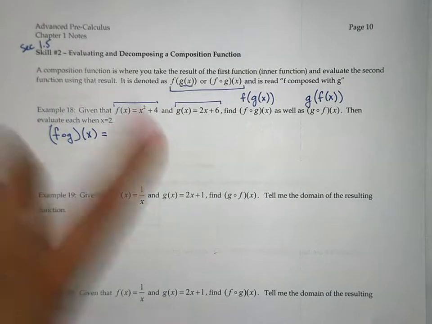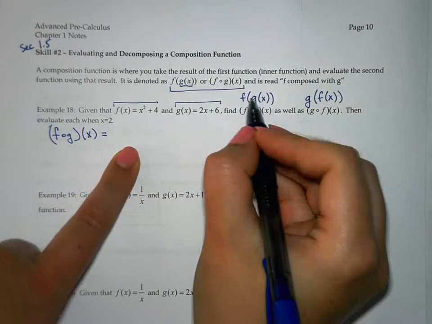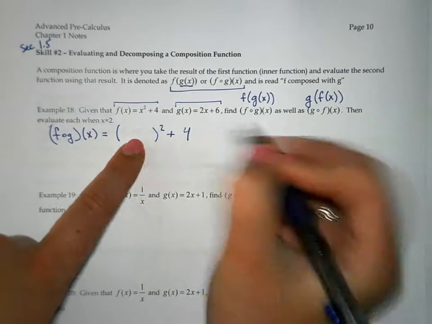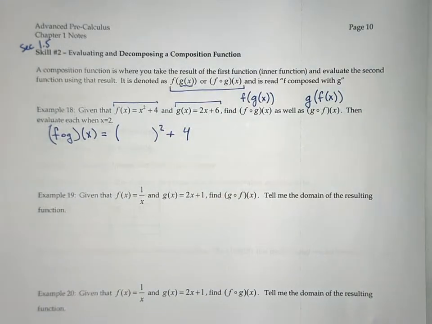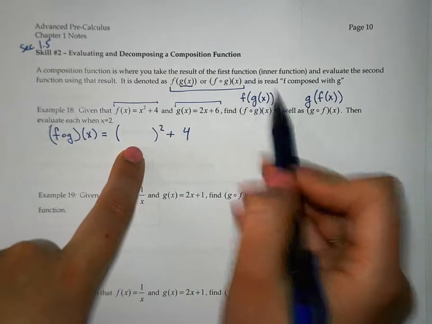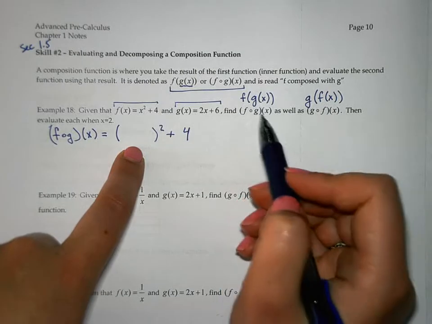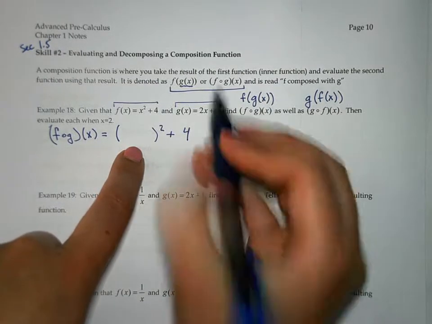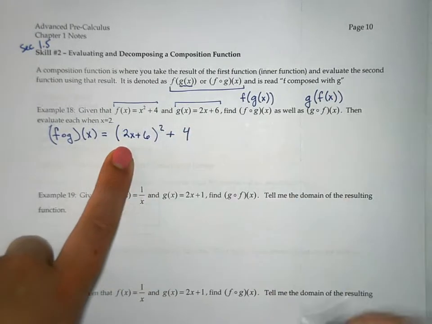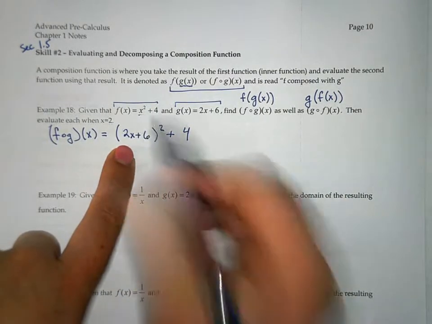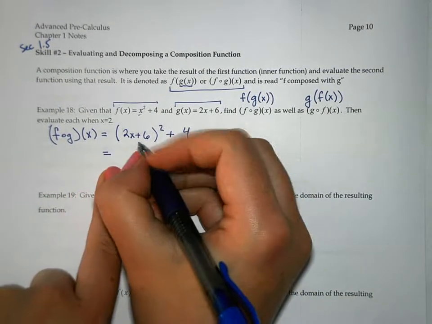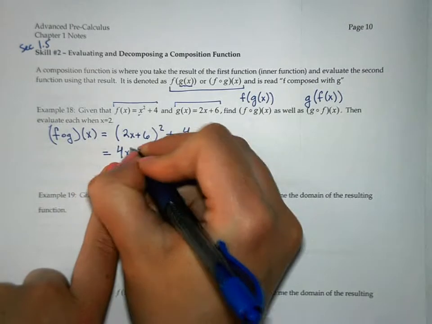this is saying that f is my outer function. Okay, so when f is my outer function, I'm going to go ahead and put the f function, but notice I left out the x. It's the same pattern, but I didn't put an x in here because instead of putting in an x, I'm going to put in a function, g of x. So the g of x function comes inside and sits inside of the place of x. Once I have that, I simplify it. And so to simplify this one, we'll have